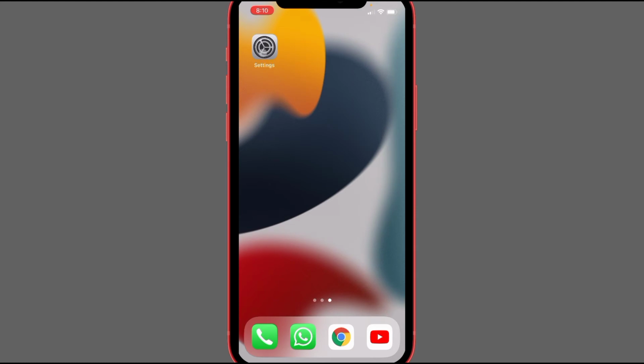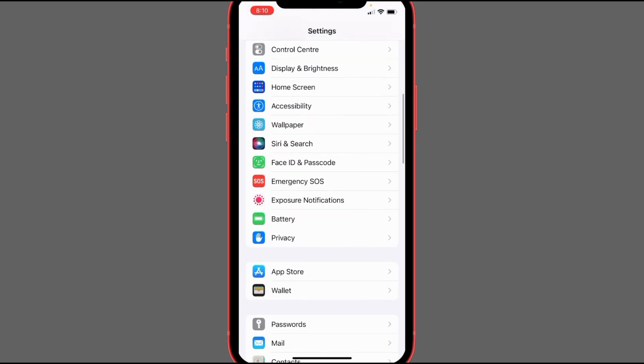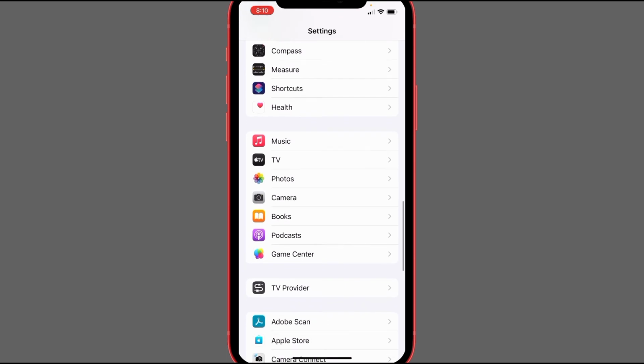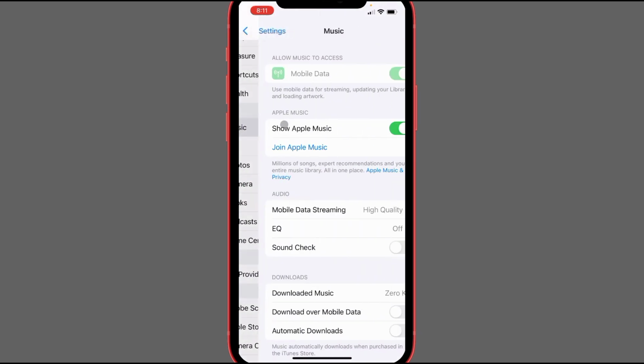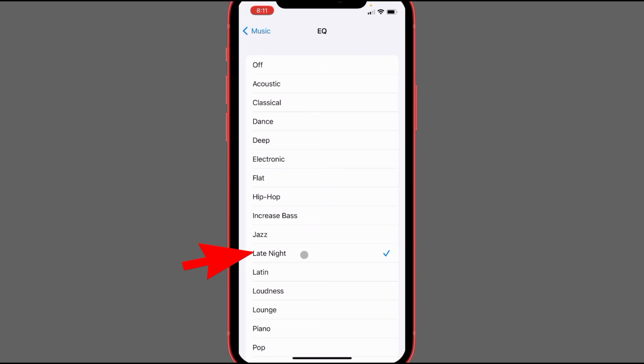Now if you want to increase the volume of the music that you are playing through the iPhone, then what you can do is go to settings here and go down to music. Then go to EQ, and suppose the EQ is off, you can select this option, late night. So many users have experienced that using this late night EQ will increase the volume of music when you are